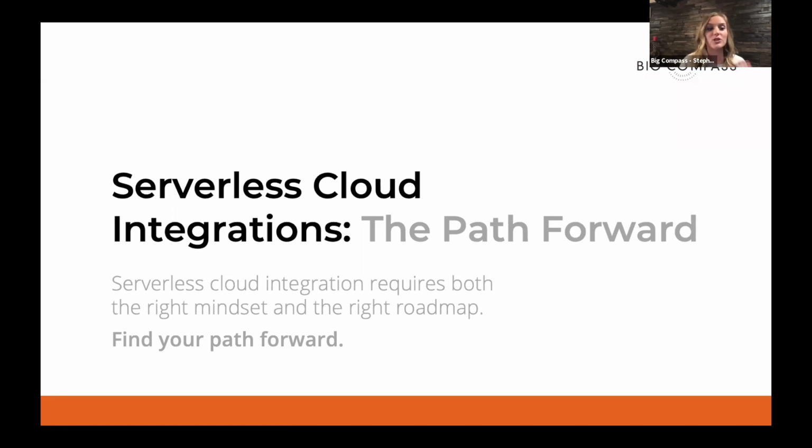But really, before we jump into the topic at hand, I do want to introduce Big Compass and our involvement within this meetup. So first of all, Big Compass is all about building connections in a disconnected world, wanting everything intertwined from people to systems and companies. We feel like the more connected a world, the better the world is. So we thought we'd kick off and create our own meetup focusing on all things integration. For today, the topic is going to be Serverless Cloud Integrations, presented by Cloud Practice Manager Aaron Lieberman.